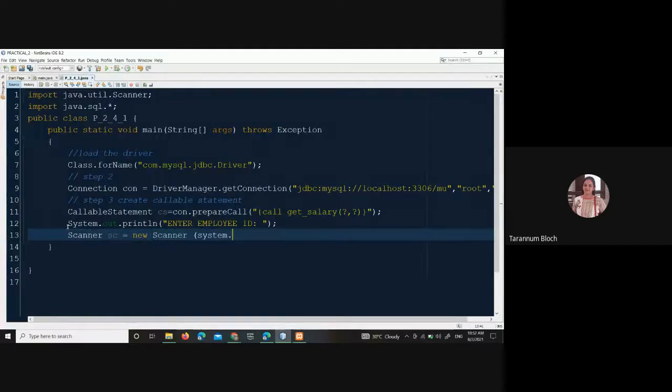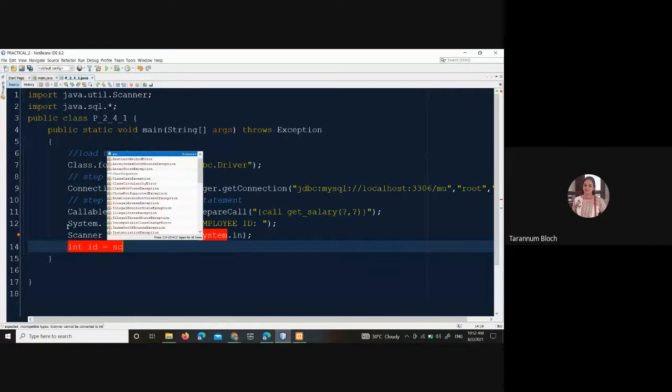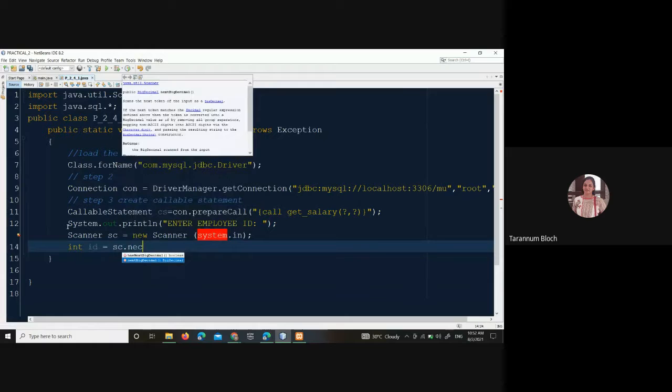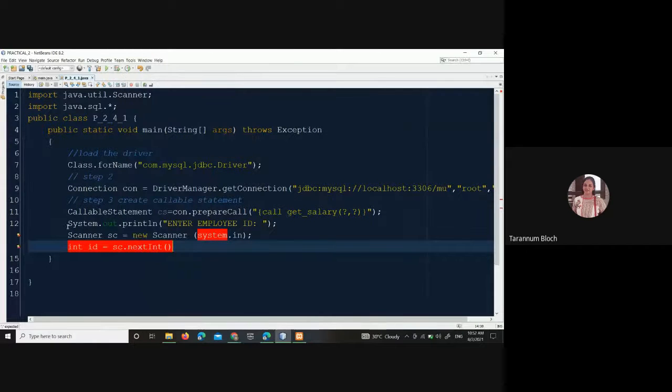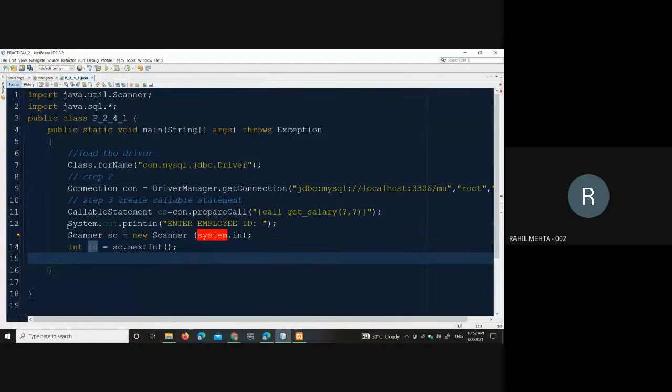Now we'll write int id is equal to sc dot nextInt. Ma'am, EID or just ID?